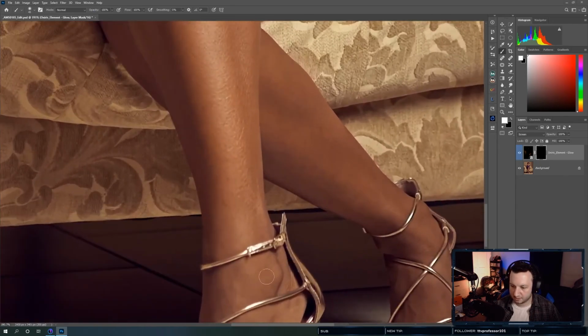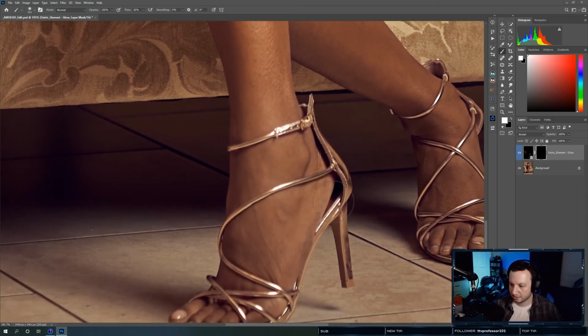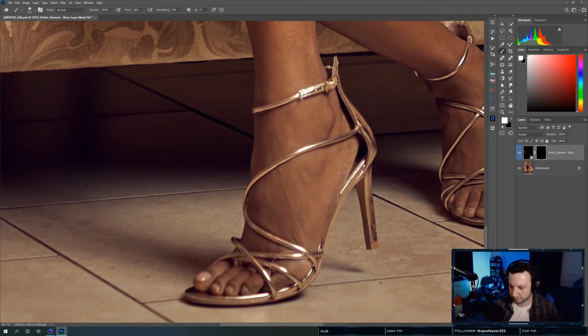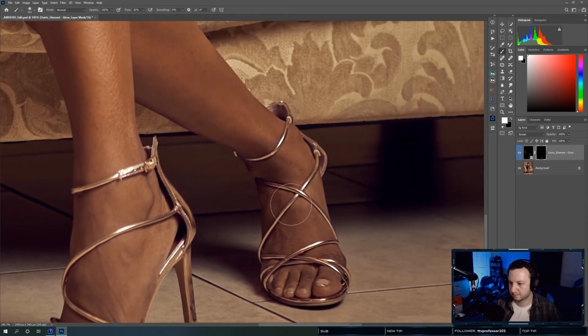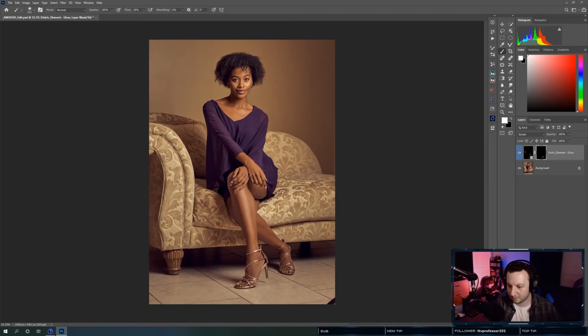And then we're just going to come in here and white flow of about 20%. Brush it onto the highlights of the shoes. I just want to accentuate them a little bit. They're not a focal point, but could be a cool effect. And then we will tone it down a bit. Just something to play with.